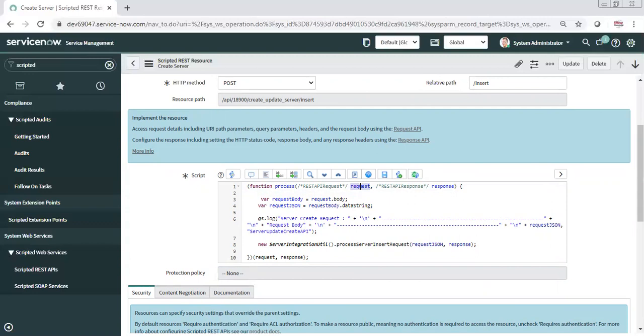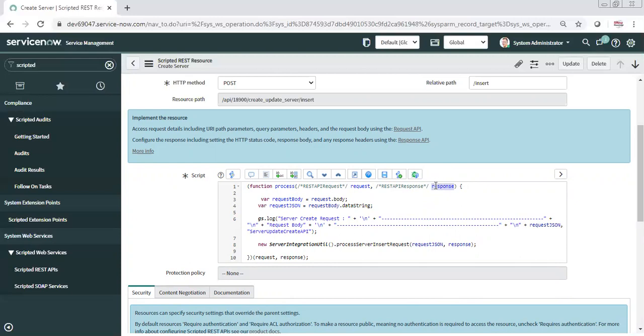Whether the request is successfully created, what is the request number, all those things. If you remember yesterday when we were configuring the outbound, we were sending a content and then getting a response. In that response we were getting an incident number, and we were picking that incident number and putting it into the work notes, right?